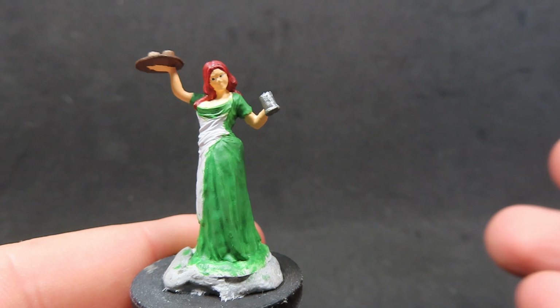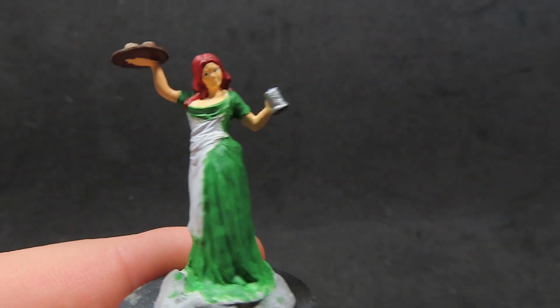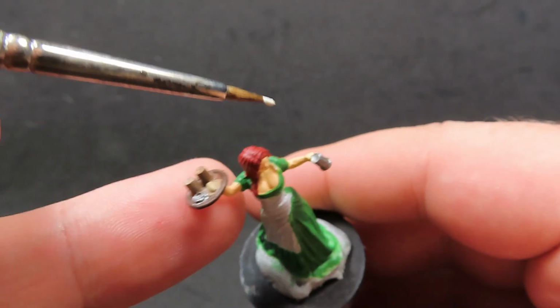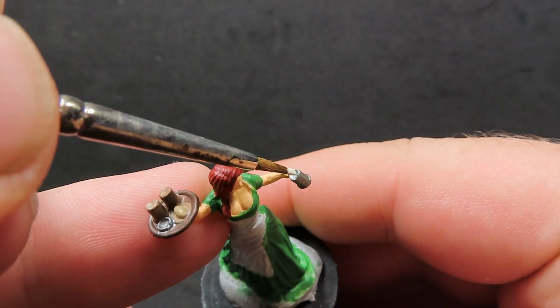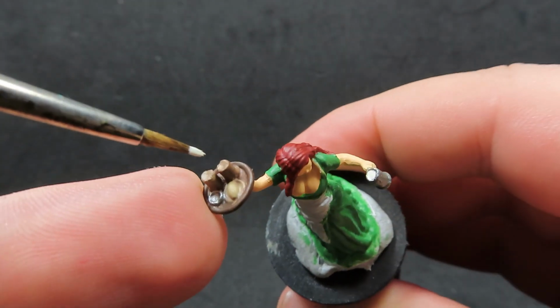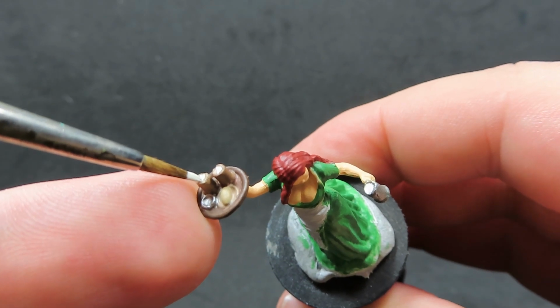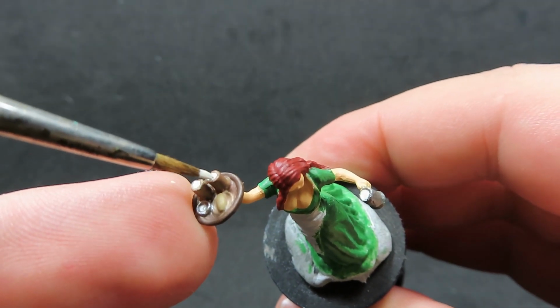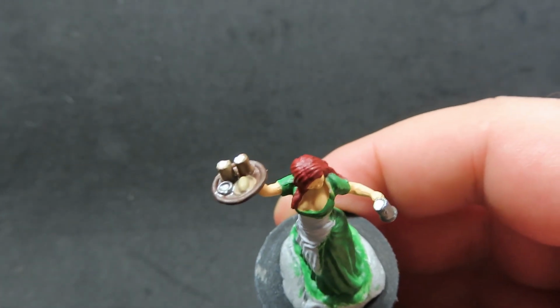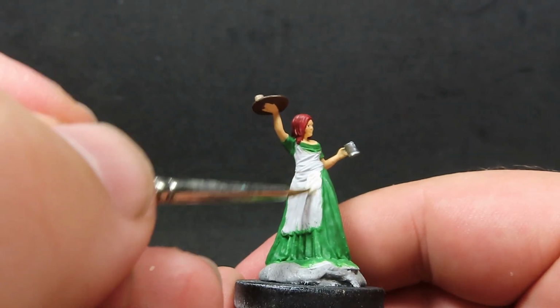Okay, so now we're going to come in with some Vallejo colour ivory, and we're going to be using this ivory in quite a few places. So first up, we're going to be using it to paint just the inside of all the little cups here, because we want it to have some nice frothy ale that she's going to be serving up to the patrons at the bar, as well as we also want to use the ivory to paint up her,